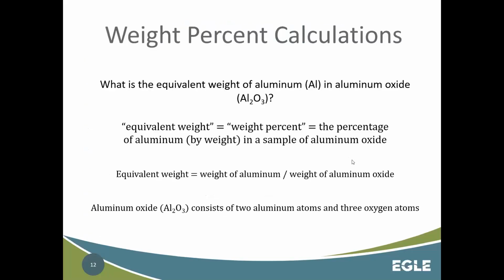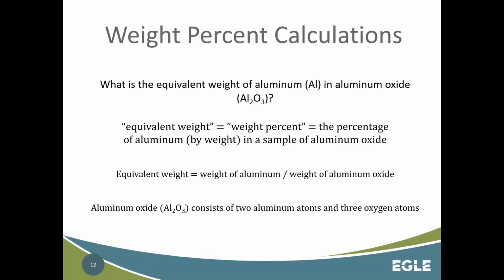So we'll jump right in with the first practice problem, and this is going to be a weight percent calculation. The question is, what is the equivalent weight of aluminum in aluminum oxide? So we've got the aluminum oxide formula there, 2 aluminums and 3 oxygens. Equivalent weight is the same as weight percent, and that is the percent weight of aluminum in a sample of